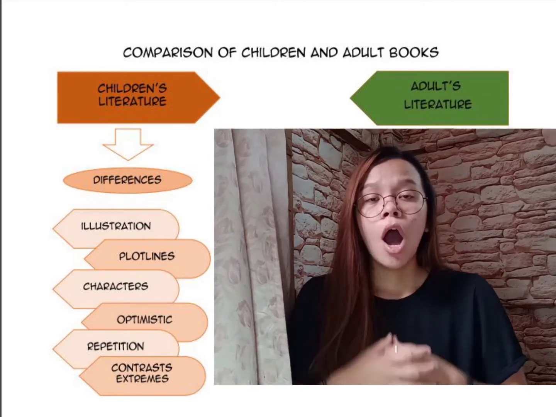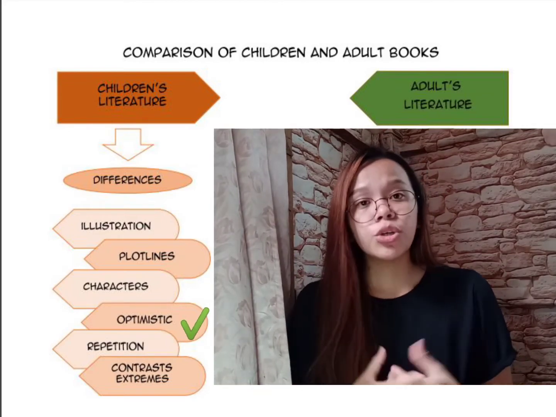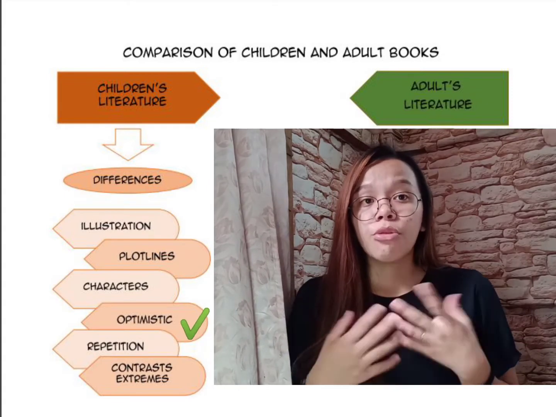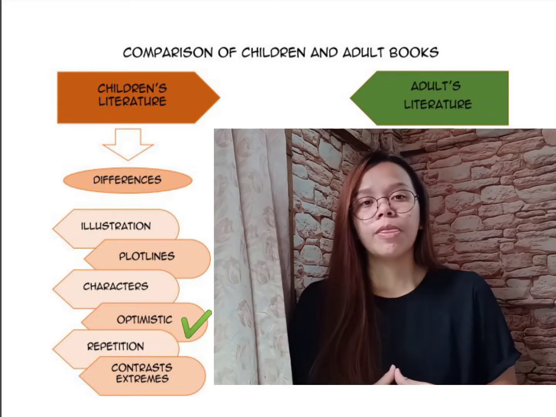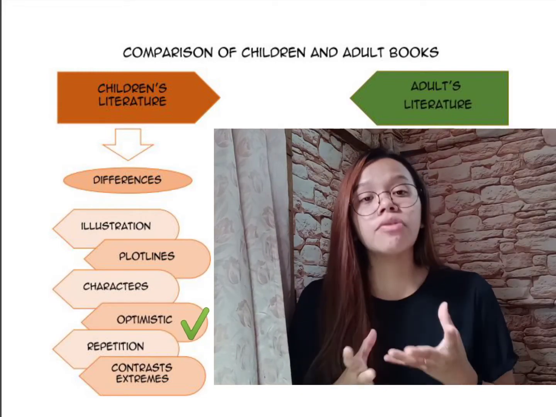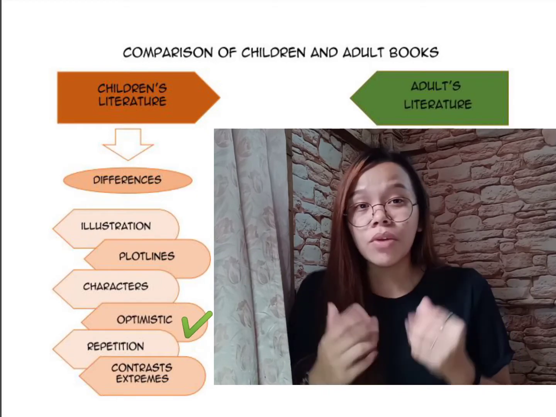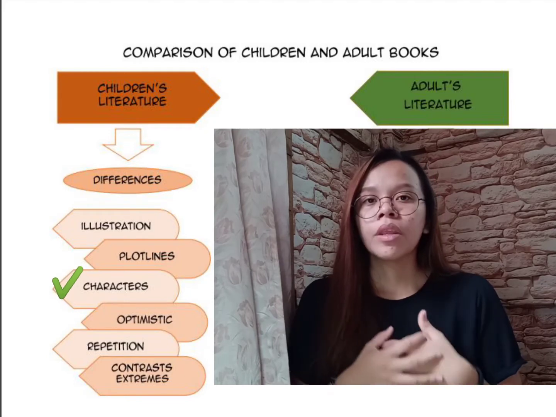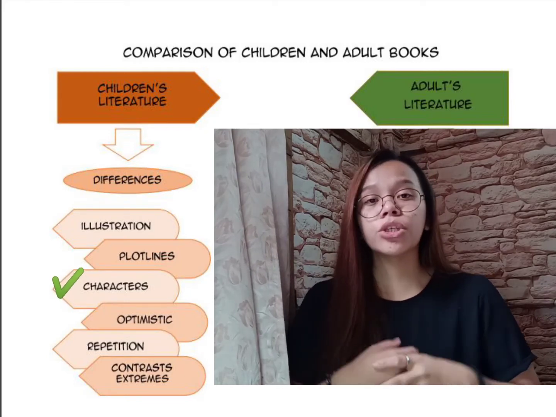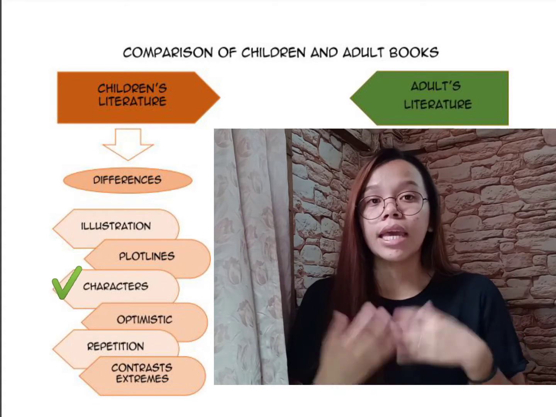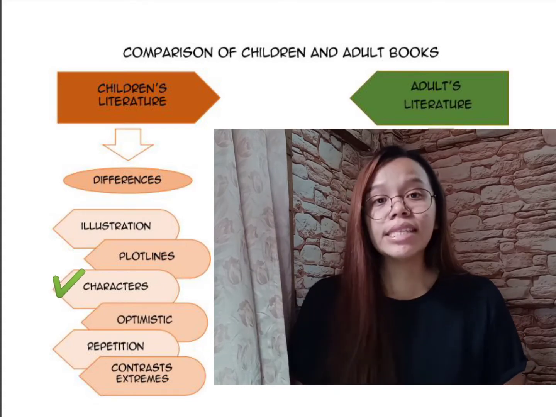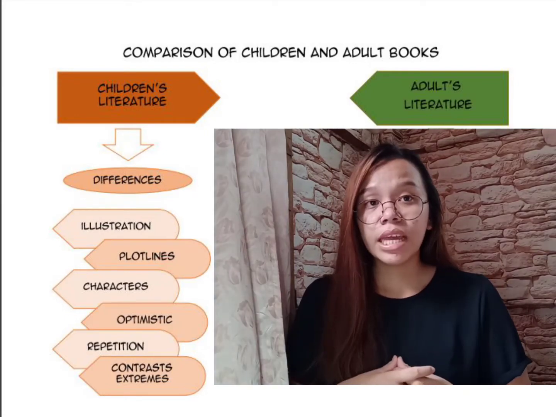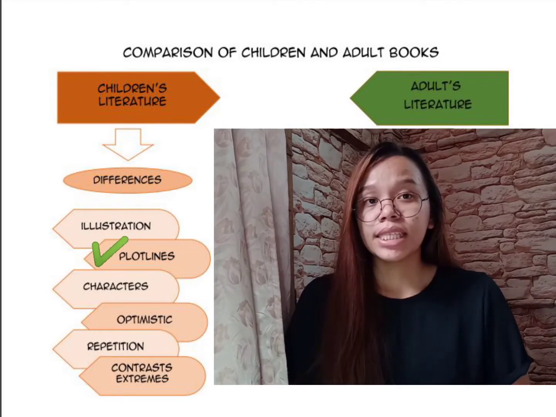Next, we have optimistic. In children's books or other selections for children, there is always hope, foreshadowing, and other elements to raise spirits periodically. Next one is the characters. In children's books, the characters are all children, and it includes childhood events, actions, and happenings. Also, we have the plot lines. Plot lines in children's books